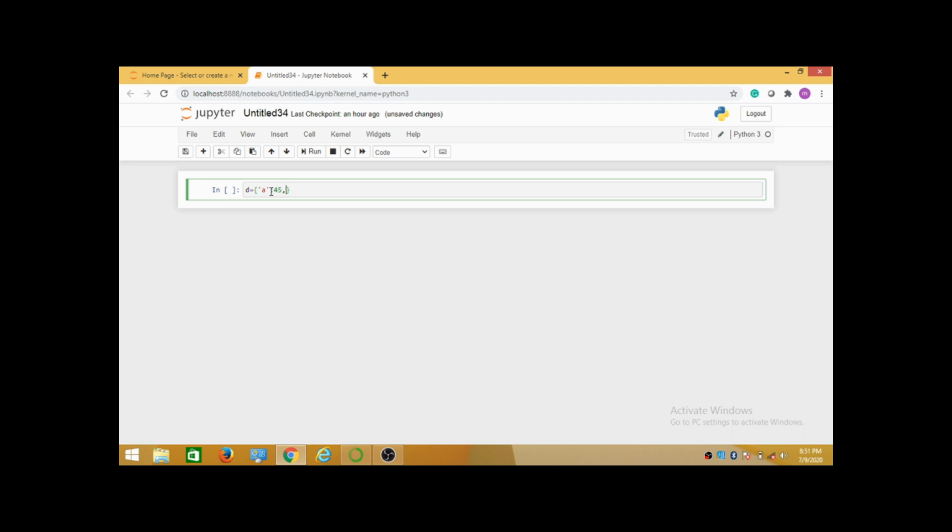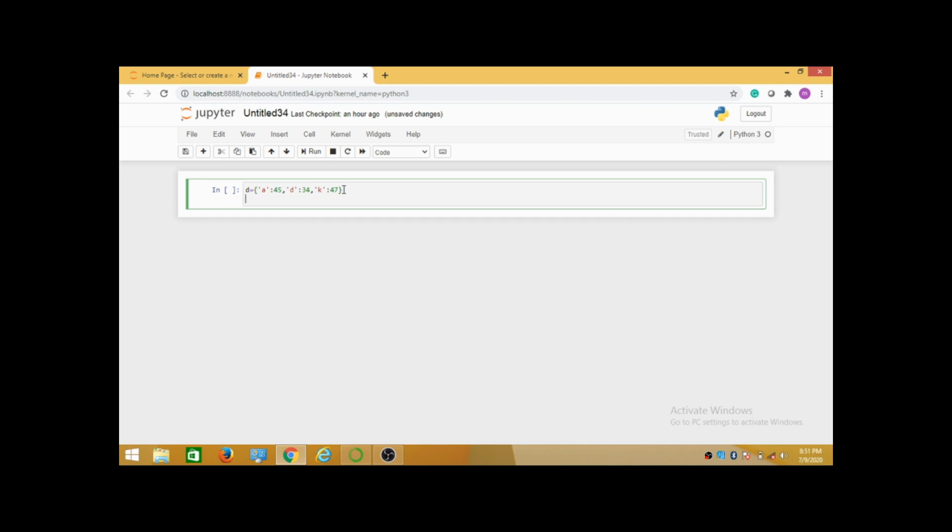I take another key, that is d, and I am giving the value 34, and the next key I am taking here is k, and giving value 47.